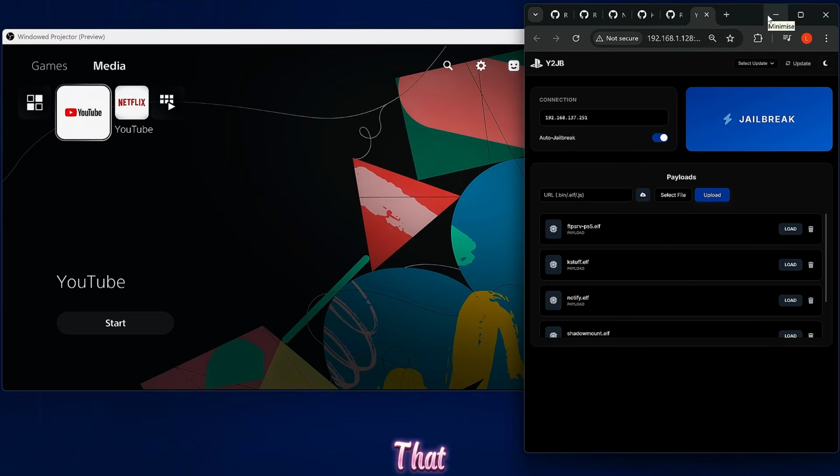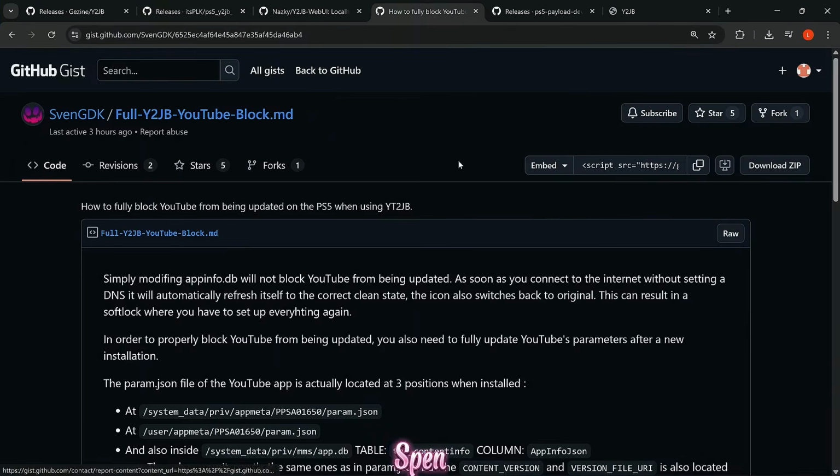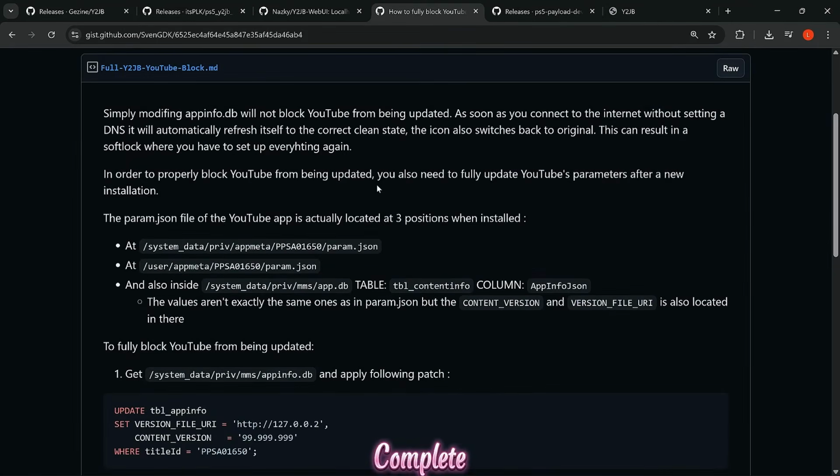So the last thing that I want to cover here is a new update blocker. So this one is from SpenGDK, and this is meant to be a more complete update blocker for the YouTube jailbreak. We've had this issue for a long time with YouTube jailbreak, even with the current update blocker with that one database file that you can modify. The YouTube application can still get updated if you connect to the internet unprotected without any kind of DNS on there. That's why I normally say you use the DNS address of 127.0.0.2, which works and that blocks updates properly,